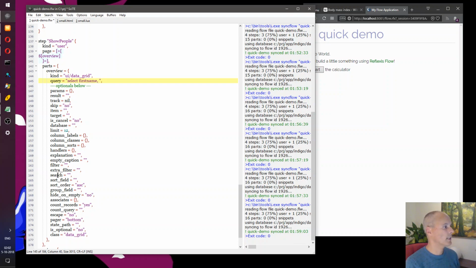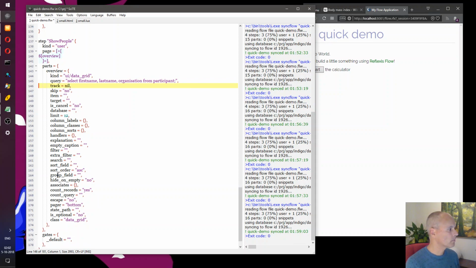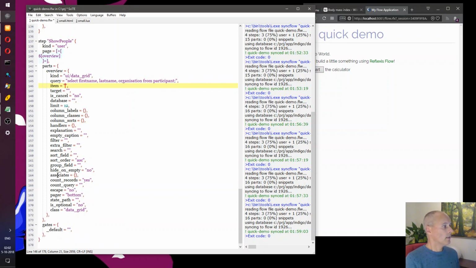So we select first name, last name, and I think organization from, I think the table is called participant. And if we have this data, then we need to define how it should be displayed. So I'd like two columns, the first column holding the name, the second column holding the organization.